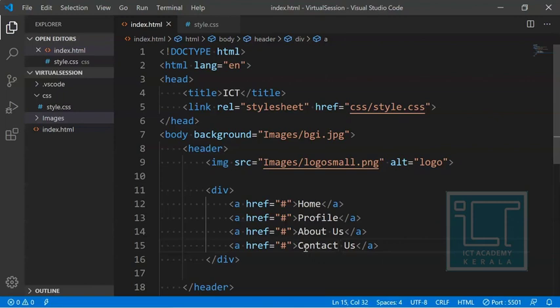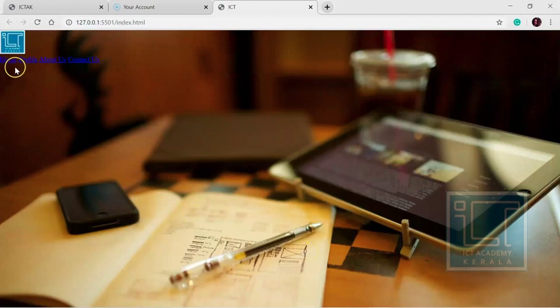It's all about a personal view or a personal way of thinking. Inside the div, I'm going to give a class name, since this is the heading anchor tags, so I'm going to give it head tag. You can give any name to the class, but I'm going to relate it because I want to know which is what and which is the other one. So these are the contents. Let's check. These are the anchor tags which came: home, profile, about us, and contact us.